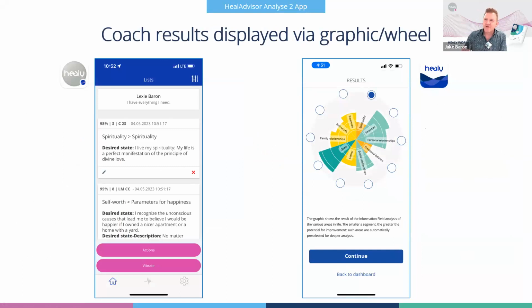I think everyone loves this new coaching wheel because it's so easy to see what you need to work on. If it's green and it's all the way out to the edge, you're doing pretty good in that particular area. And it'll automatically pick the ones that you're the lowest on. You'll see that's how it's represented here as well. And you can pick more than one if you want to before you click continue. So it's very easy going from just numbers and text and data to just visualizing this on a wheel. So I love that as well. We'll talk more about the coaching module in some future trainings for sure.